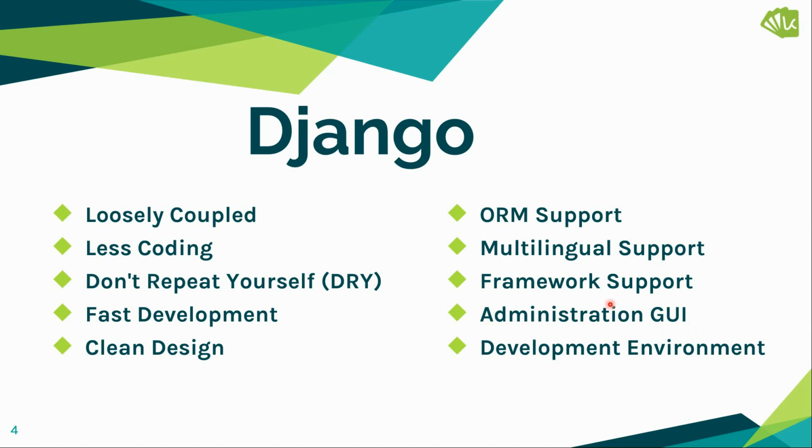So all we have to do is register our model to the admin GUI, and we have a fully functional admin GUI with our model in it. We can do all sorts of activities on it. Last but not the least, we have the development environment which Django provides. It has an inbuilt development server, and it has some debugging tools as well. So basically you can very easily write your application, deploy it on the dev server, and see firsthand how the whole thing works.